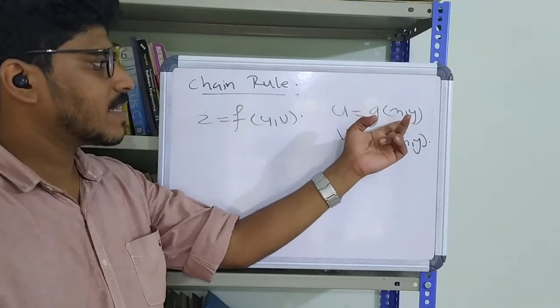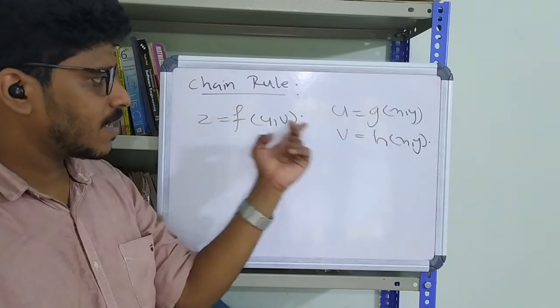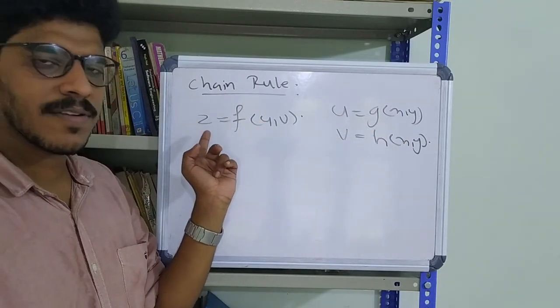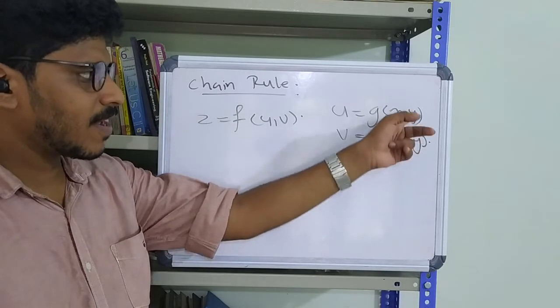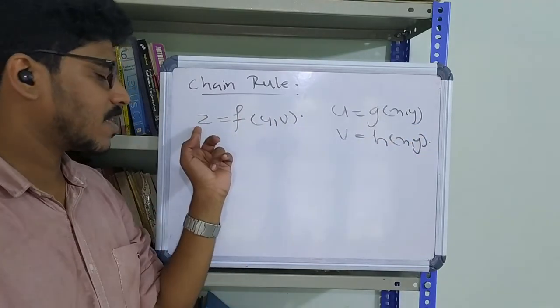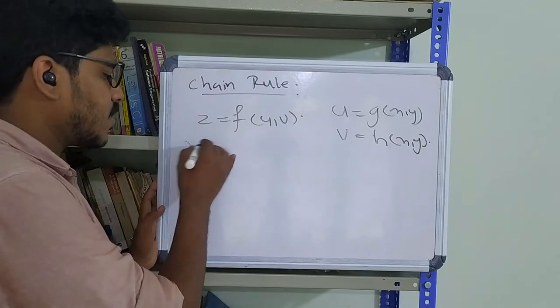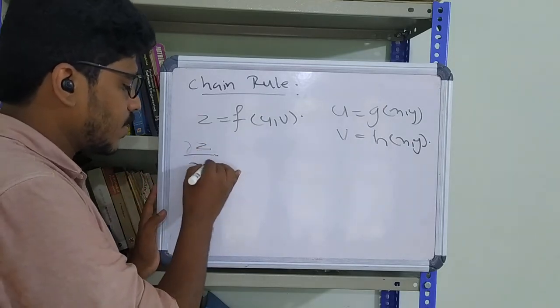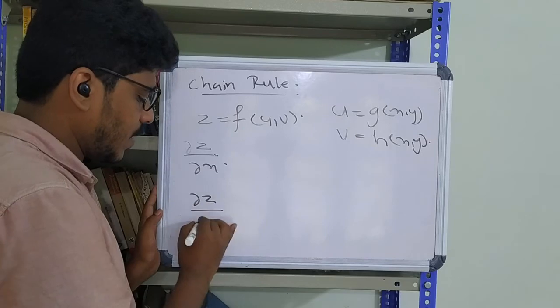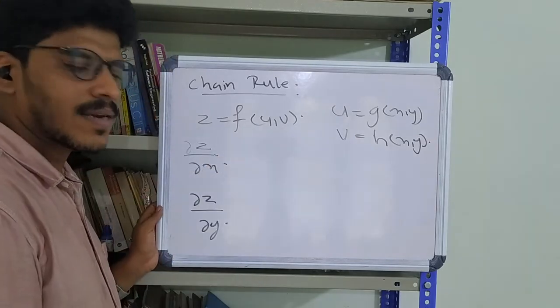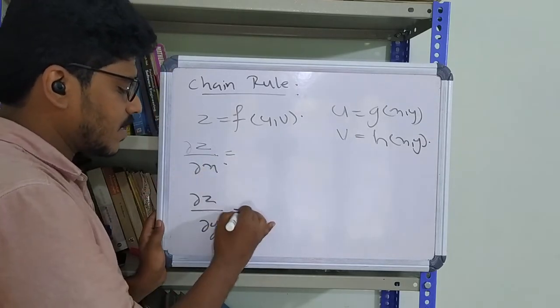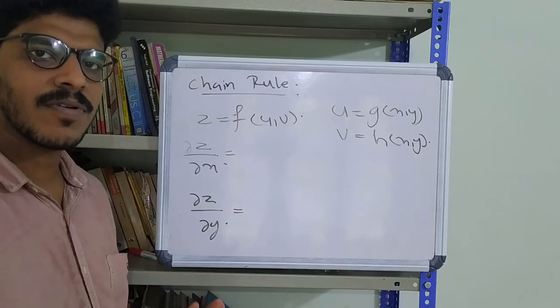Similarly, a small change in x can change u and v, and that change can reflect in z, and a small change in y can change u and v, and that change may reflect in z. So there is a possibility that we can think about ∂z/∂x and ∂z/∂y. Right, ∂z/∂x and ∂z/∂y can easily be found with the formula,